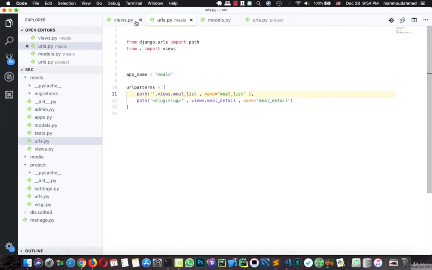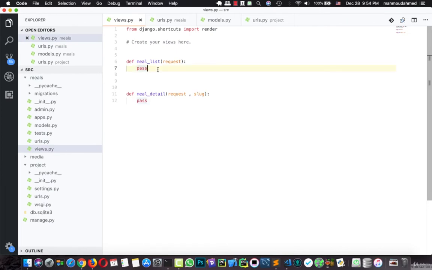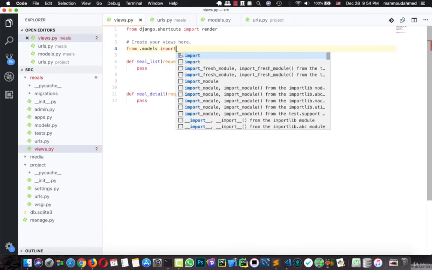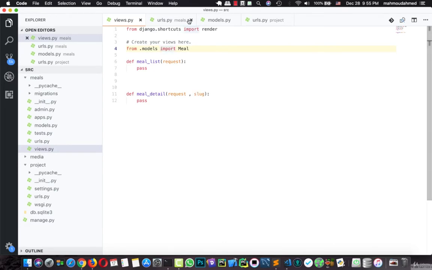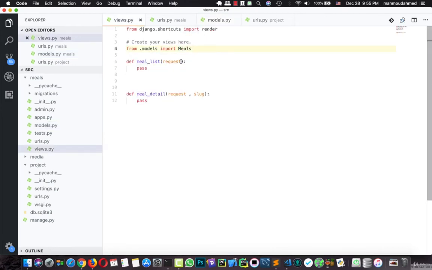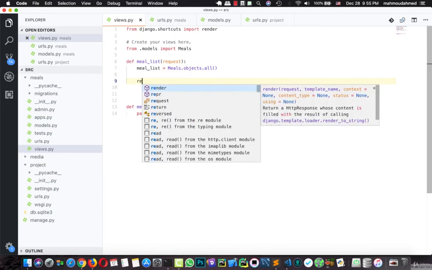Now we need to add our code to these functions. First of all, we need to retrieve all meals, so we need to import the model: from .models import Meal. Okay, this is Meal, not meals. And here we need to retrieve all meals. So I'll say meal_list equal to Meal.objects.all(). This will retrieve all meals. Okay, we need to return this in our page. So we will type return